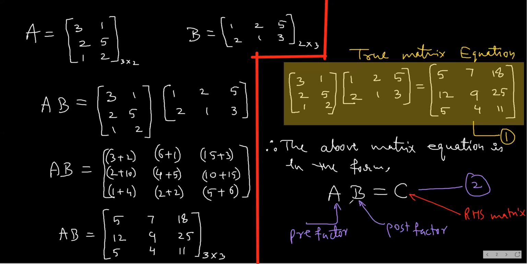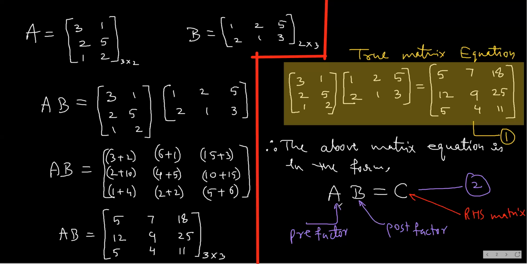So the thing is, which matrix? If it is row transformation, then you will always apply that on the prefactor matrix. The row transformations are always applied on the prefactor matrix. And whatever row transformation you apply on the prefactor matrix, the similar row transformation you will also apply on the RHS matrix. Okay, I repeat again. Say I go for row transformation. So when I go for row transformation, what will I do?